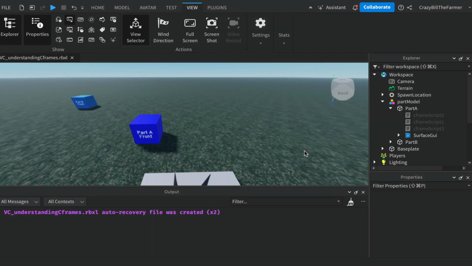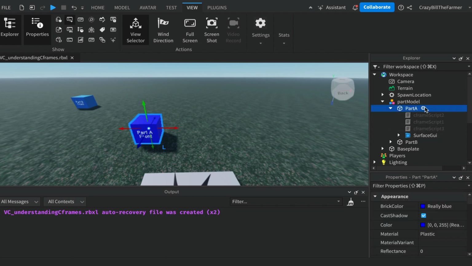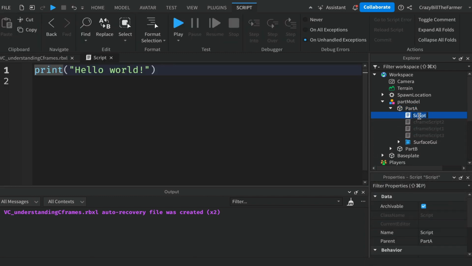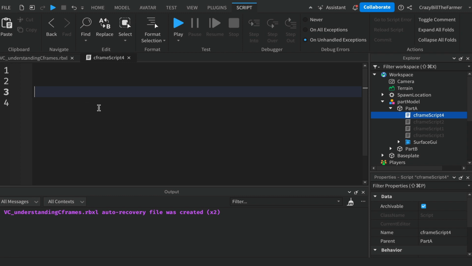Right, now we're going to have a look at offsetting one part to another using CFrames. So over in your part A you should have our scripts 1, 2 and 3 all disabled, and if we click on part A and we add another script, we'll call this one CFrame script number 4, and we'll get rid of this in here. So we'll put a comment up the top here, offset CFrame,